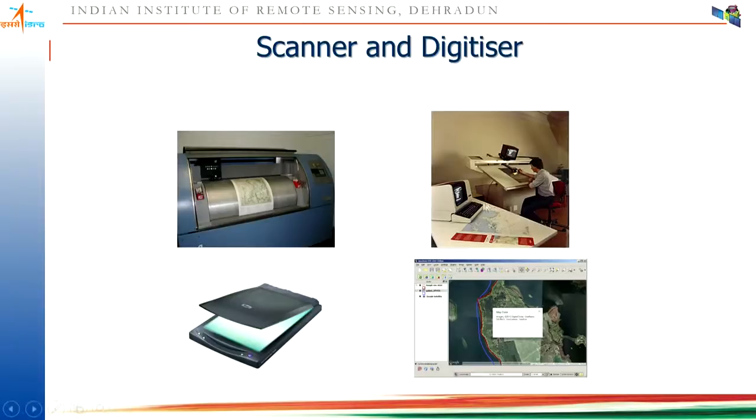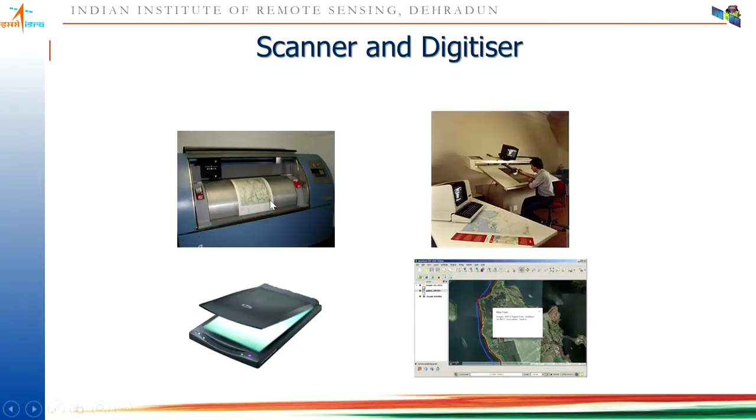If you see at the top, this is called the heads down approach, where while digitizing you put your paper on a table, and on top of that there is an instrument. Based on that you can record different features, point, line, or polygon. And the one below is the simple desktop, which is very common now, and this approach is called the heads up approach, where you do digitization. But before doing that we need to scan.